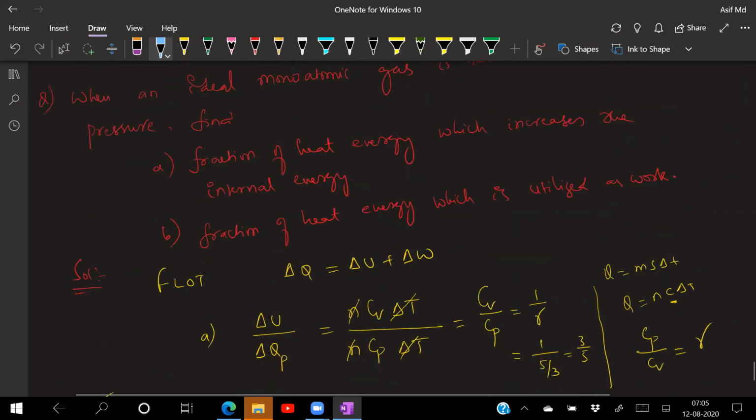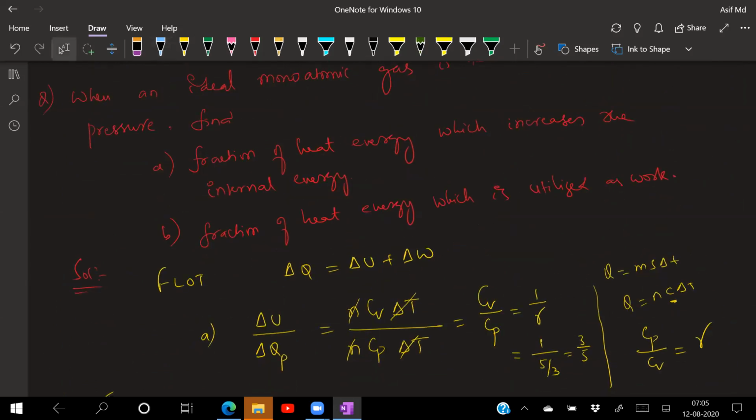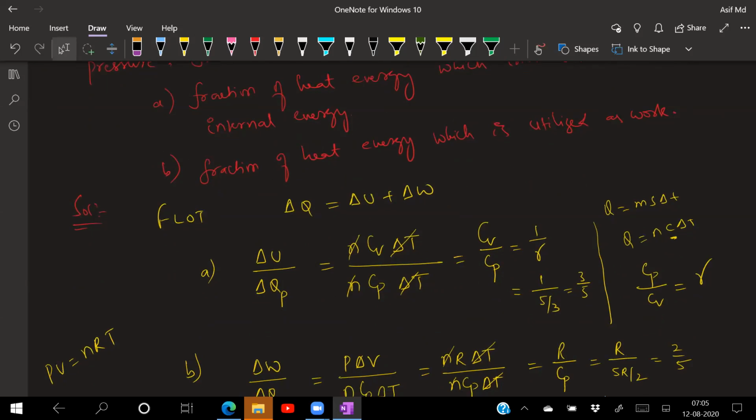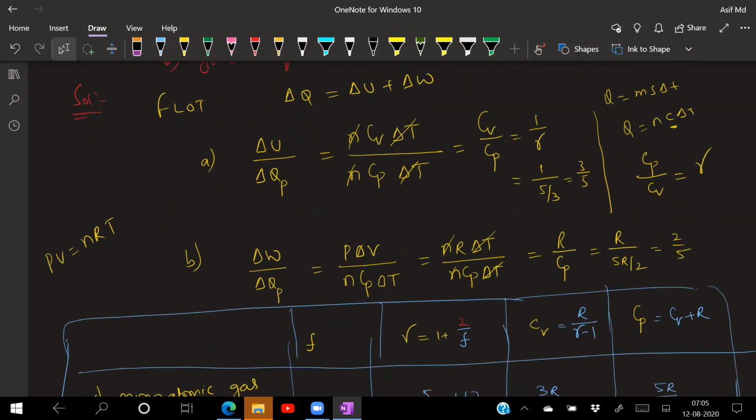So I got an idea how to do the fraction of heat energies whenever it is given. So just make sure that you try to do it out. Do you have any other idea to do this question? Question number B, I'll try to do it in one more method also. See, if you feel comfortable, I'm doing it here itself.